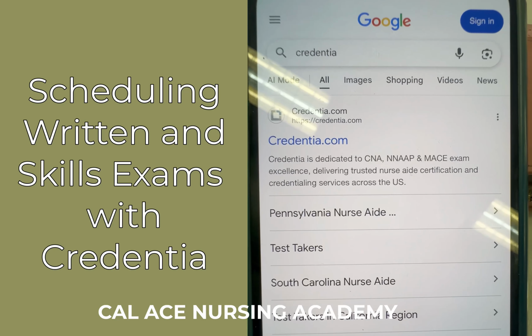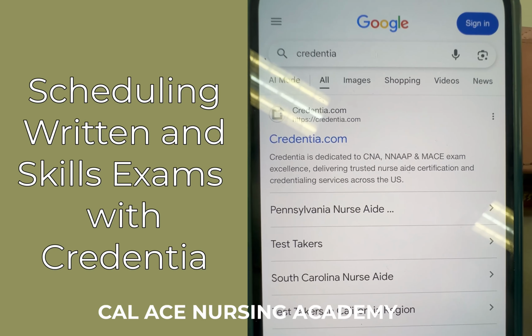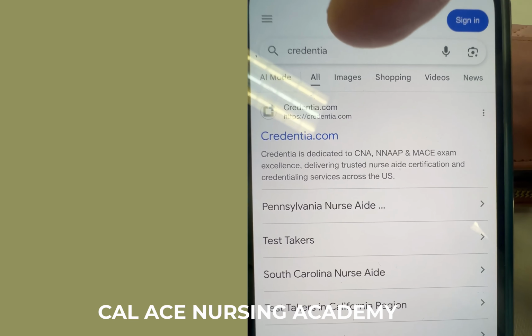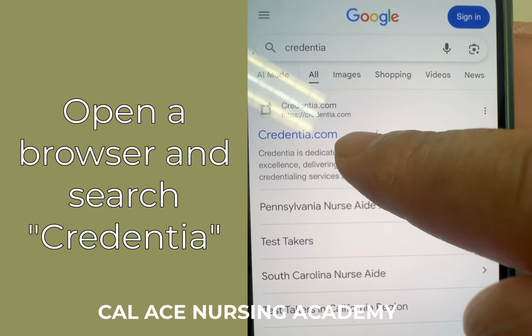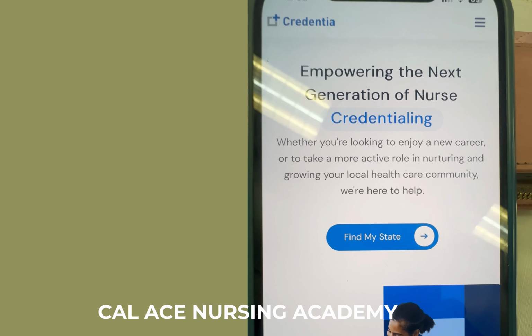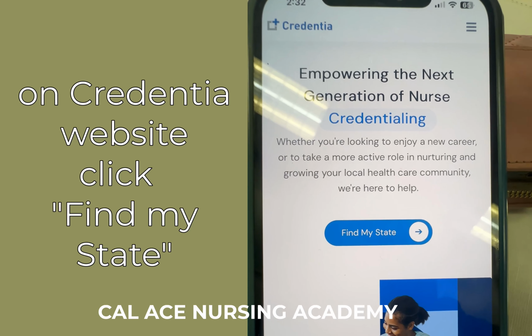Hey guys, today we're going to schedule a test exam with Credentia.com. You go to a browser on your cell phone, potentially, and then head down to Credentia, similar to what you see now, and then this will show up. What you do is click that button, and it will take you to the website, and this will be the splash page of the website, and it would say Credentia up top here,